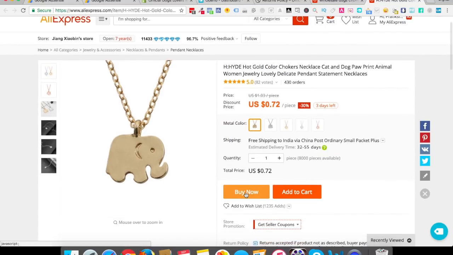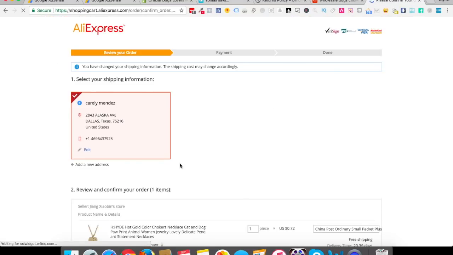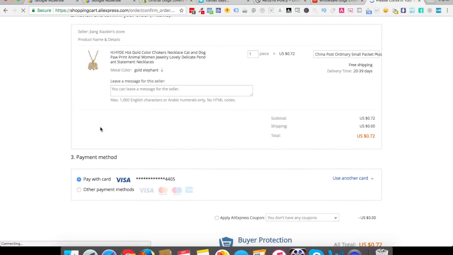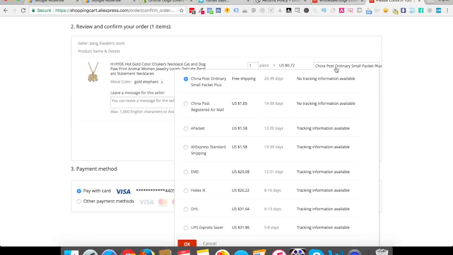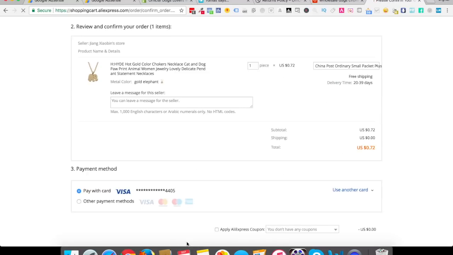Now if I click on buy now, let's see what happens next. I have just entered some dummy address over here. Then if I go down, I have all these things. So it's showing me free shipping. Now I have to click on this, which is China Post Ordinary Small Packet Plus. I'm in Germany. I want to have e-packet as the shipping. So I click on this,